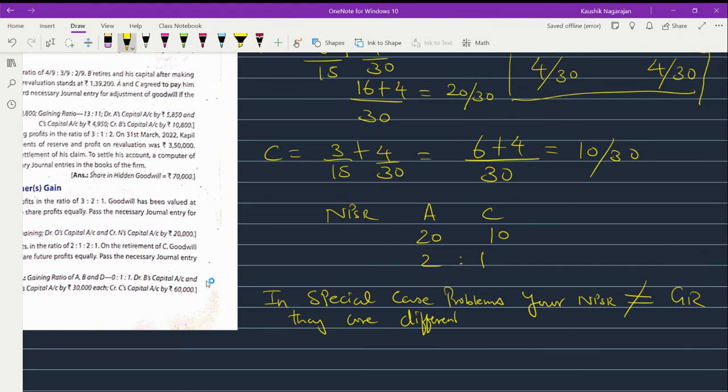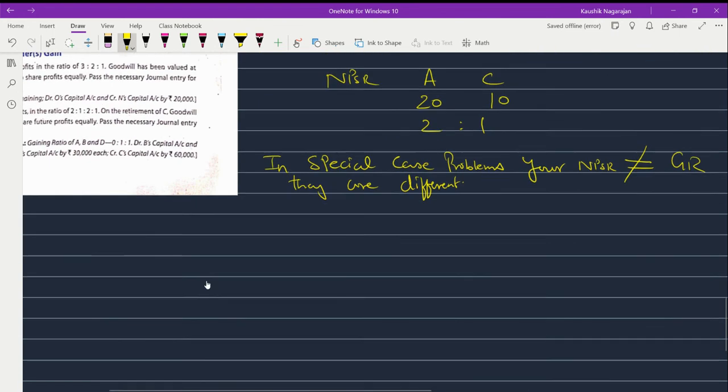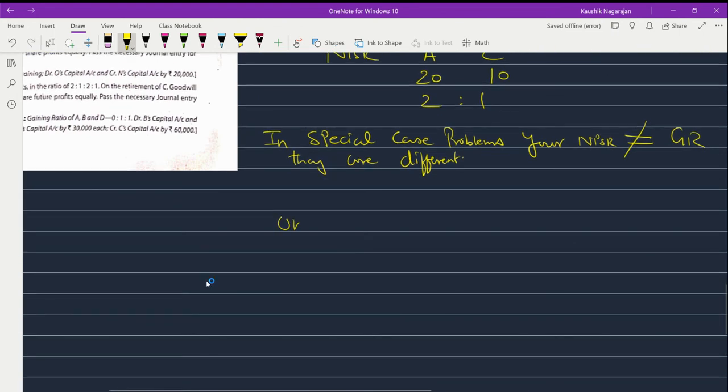Okay, so they are different. Then in which case will they be the same? Only in simple or normal case problems. Okay, so only in simple or normal case problems